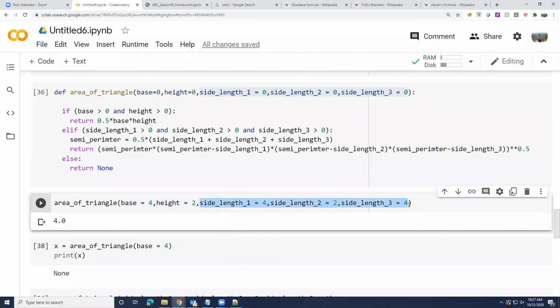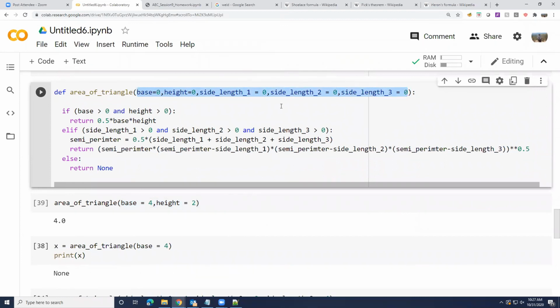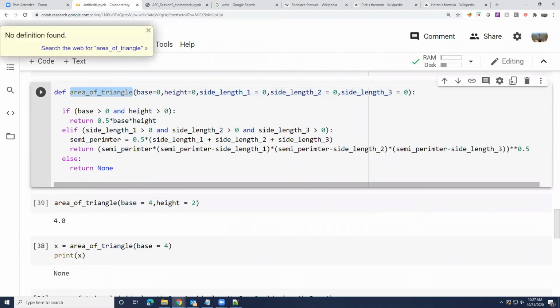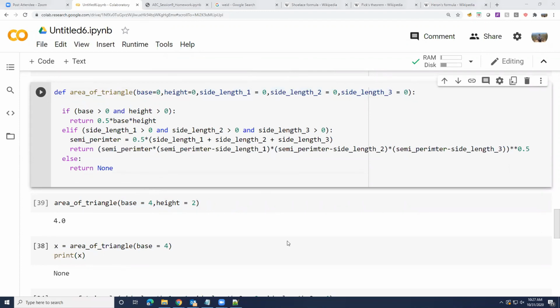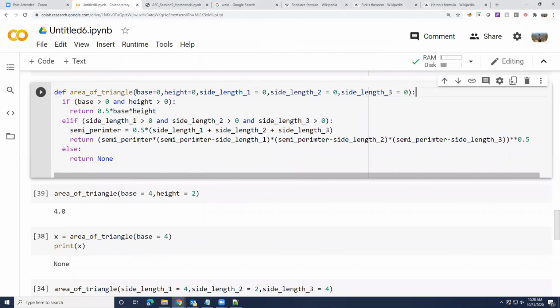So this is kind of ambiguous, but this is on whoever is calling it. At least your function is flexible, irrespective of whether the person who wants to calculate area knows base and height or lengths of sides. Your function is accepting an input and doing it, right? If the person calling your function does not know which triangle's area they want to calculate, that's really their fault, not your fault. So this function has some utility. This is called positional parameters with optional arguments. We already saw this.